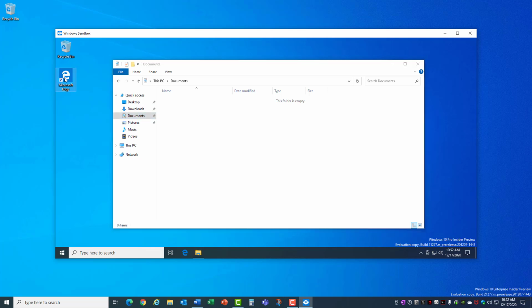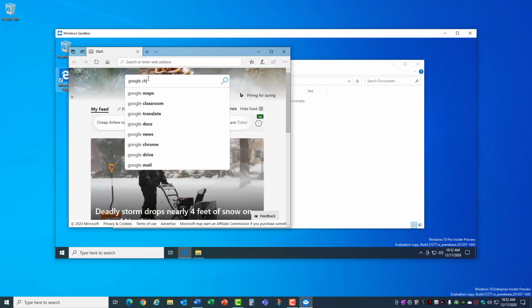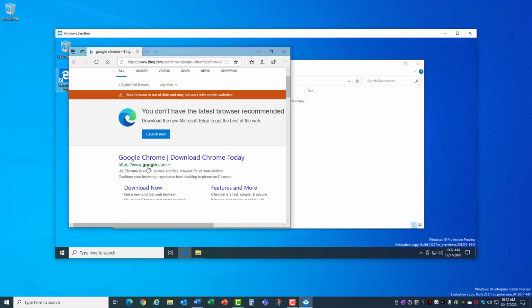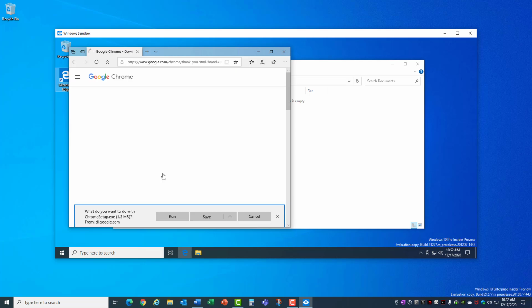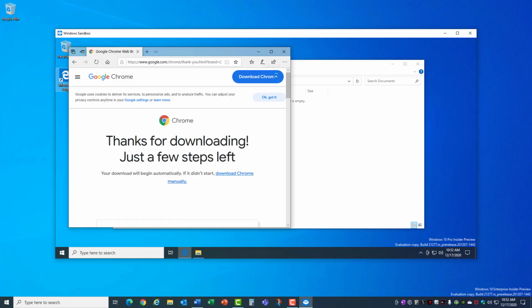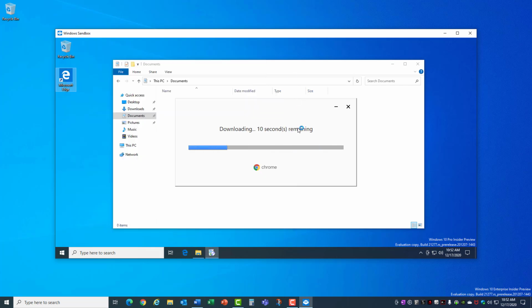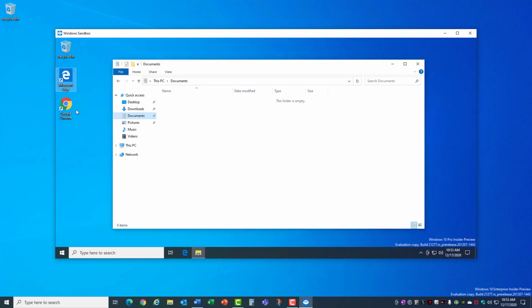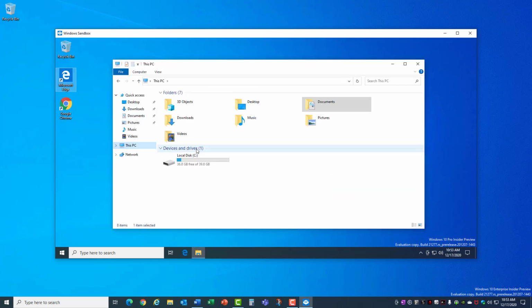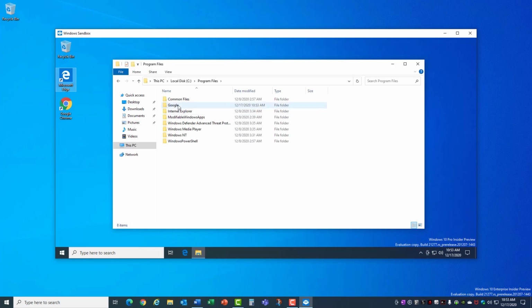Edge. Let's open Edge, and let's do a search for Google Chrome. Let's download that. And after it's installed, it opens up Chrome, creates a desktop icon. And if you look on the C drive, you'll see under Program Files, there's a Google Chrome folder. Any applications that you install in this environment are meant for testing purposes with a throwaway environment as soon as